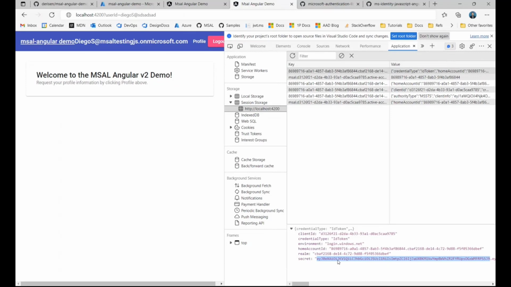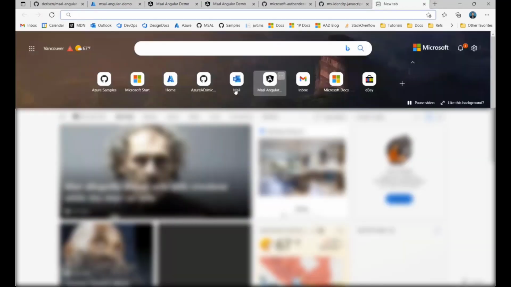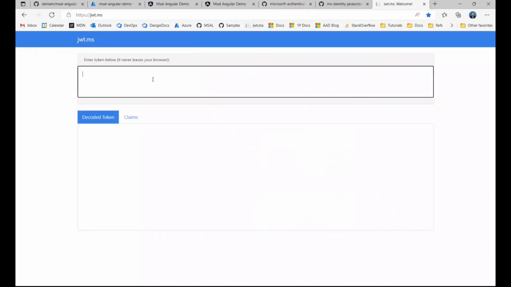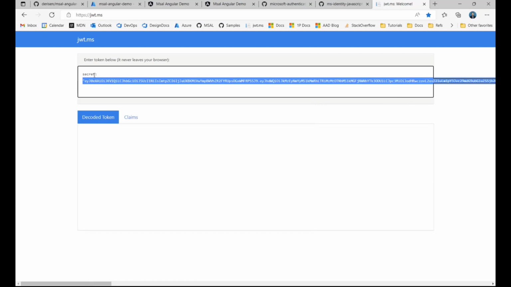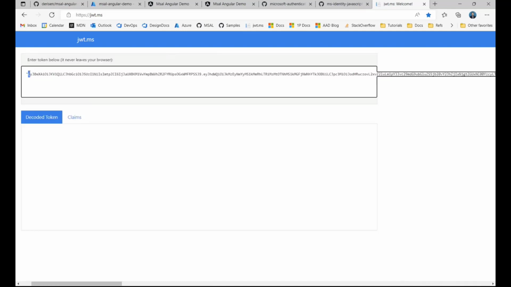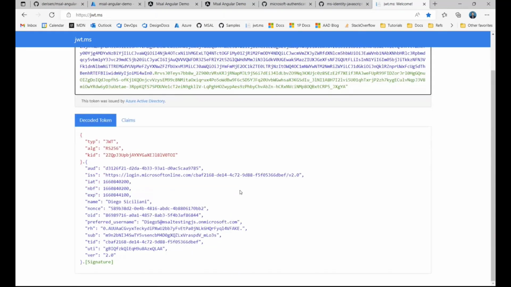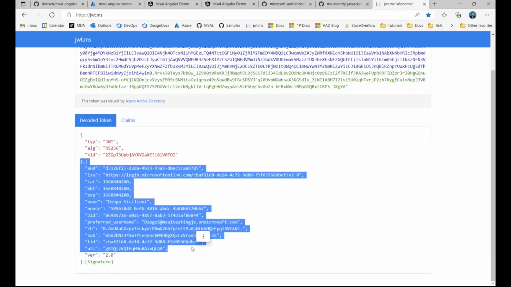Now, for instance, I can see my ID token here in the MSAL cache. This is the base64 encoded JSON web token. This is my test tenant, so I will do this, but you shouldn't share this string anywhere else. And then you can decode this and see the payload in that token. So I want to discuss these claims in a bit more detail. I'll go back to my slides.